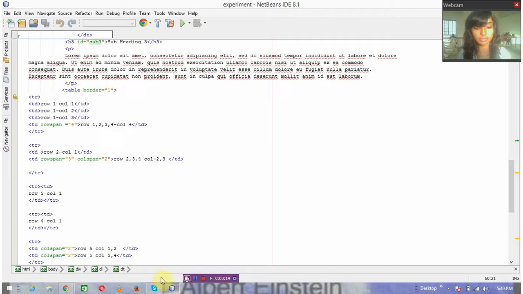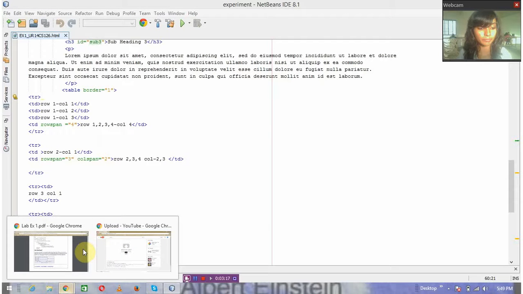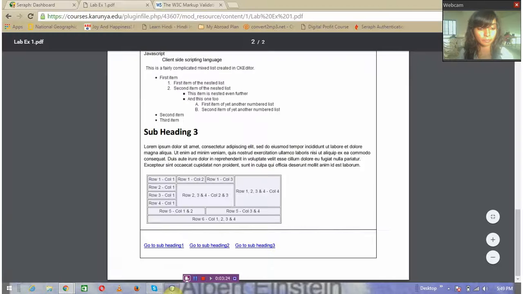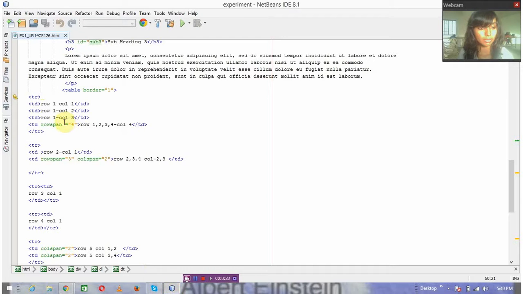So I have rowspan equal to 4, so all the 4 rows will be merged in the fourth column, because here row 1, column 1, column 2, column 3 are normal, and in column 4 we are merging all 4 rows, so it will appear like this. I will show it in the output.